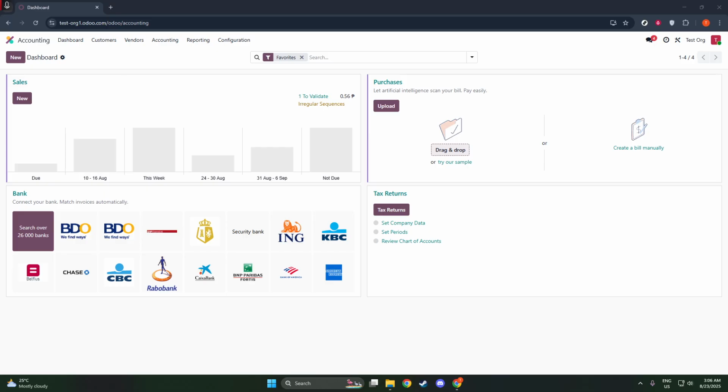Let's focus on preparing your file for import. Begin by exporting a sample journal entry from Odoo. This step is crucial as it acts as your guide, showing you the exact fields that Odoo expects in your import file. Your file should include at least the following fields: Journal, which could be options like Miscellaneous, Sales, or